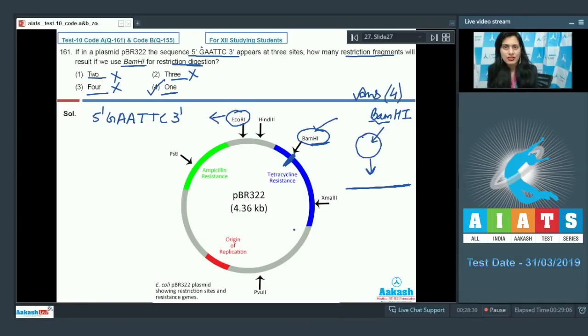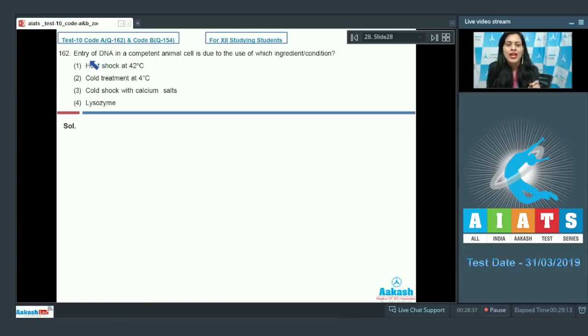Let's discuss our next question. Question number 162. Entry of DNA in a competent animal cell is due to the use of which ingredient or condition? And the options are heat shock at 42 degrees Celsius, cold treatment at 4 degrees Celsius, cold shock with calcium salts, and lysozyme. And the correct answer to this question is option number 1, heat shock at 42 degrees